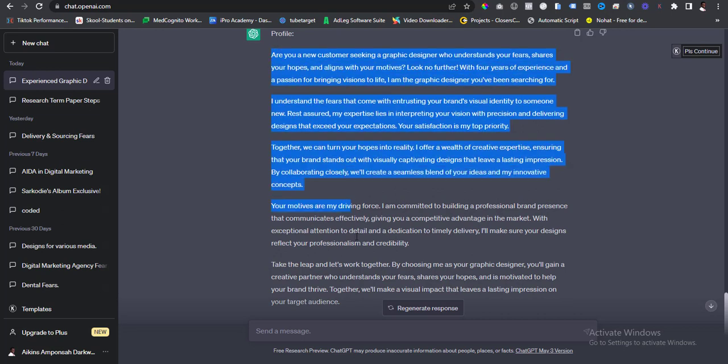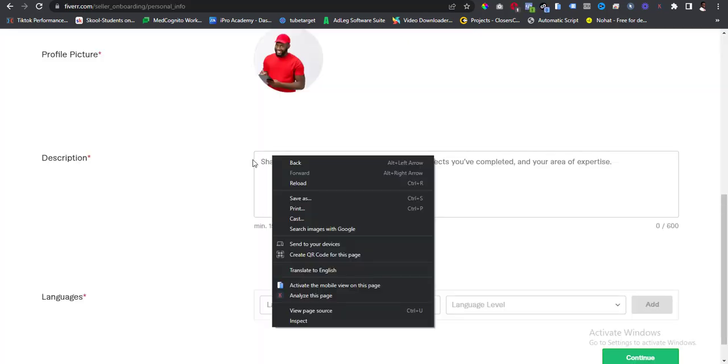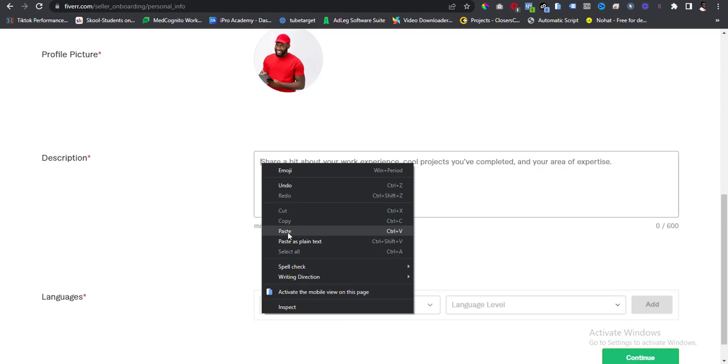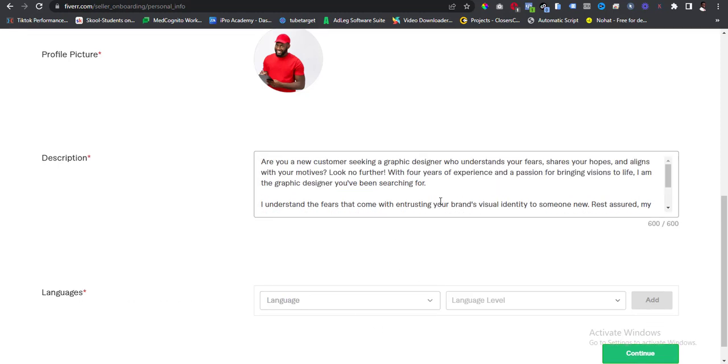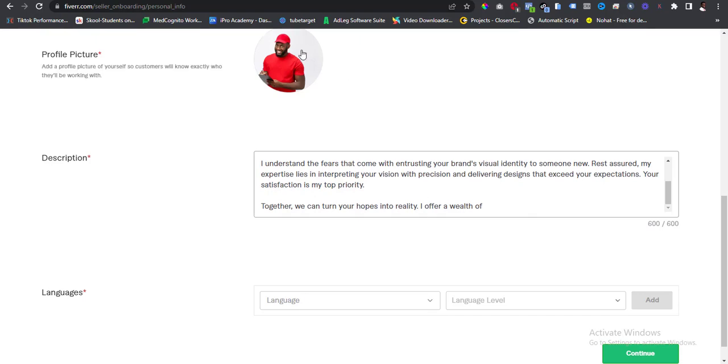So now we have our profile well written. So look at this. I understand the fears that come with entrusting your brand visual identity to someone new. Rest assured, my experience lies in interpreting your vision with precision, delivering designs. Awesome. I love this. So you can see, okay, so let's come to Fiverr, and then we paste it there. Sometimes it makes it more than once. So okay, I offer a wealth of